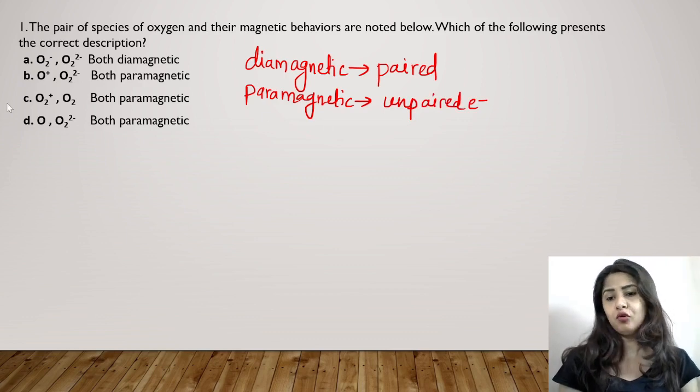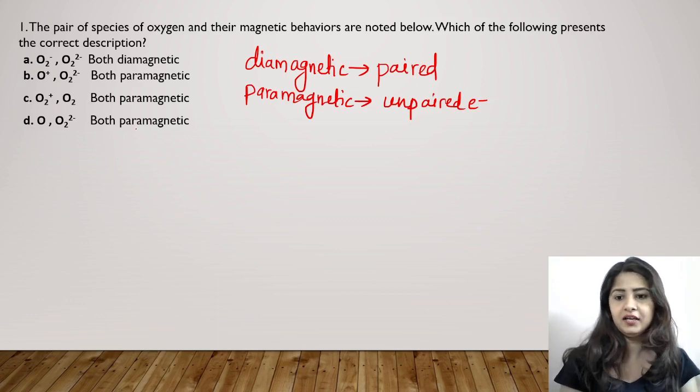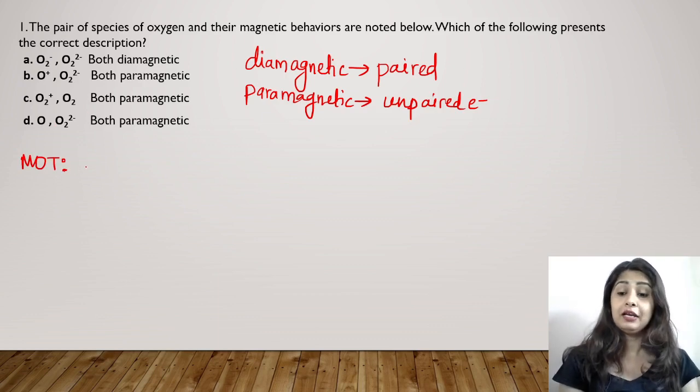So now we have oxygen atoms, molecules and species and its derivatives, right? So we will be using MOT, that is molecular orbital theory. This question belongs to the chemical bonding chapter and it's a very important chapter when you consider the NEET examination. So we have oxygen species. So using MOT, we know that if you write the long form of the electronic configuration,